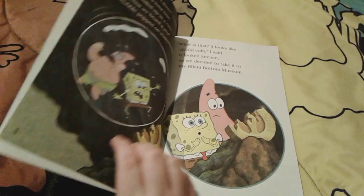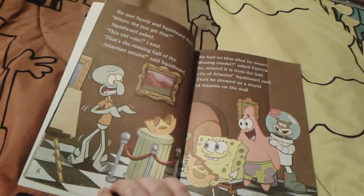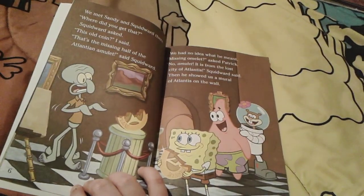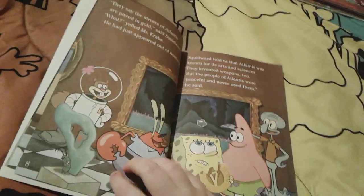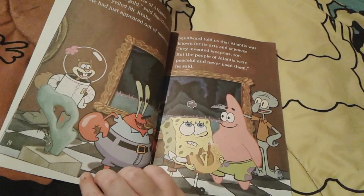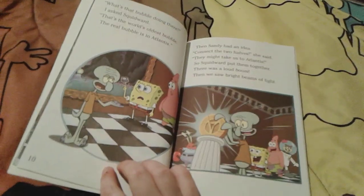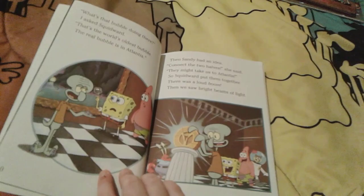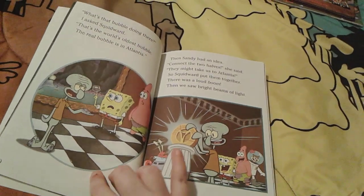So SpongeBob and Patrick take it to the Bikini Bottom Museum, and Squidward realizes that SpongeBob and Patrick found the missing half of the Atlantean amulet. And Squidward shows SpongeBob and Patrick some stuff that are in Atlantis, like, for example, the oldest living bubble, and SpongeBob and Patrick really want to see the bubble. So, Squidward puts the other half of the Atlantean amulet with the other half of the amulet, and obviously it's together now, so